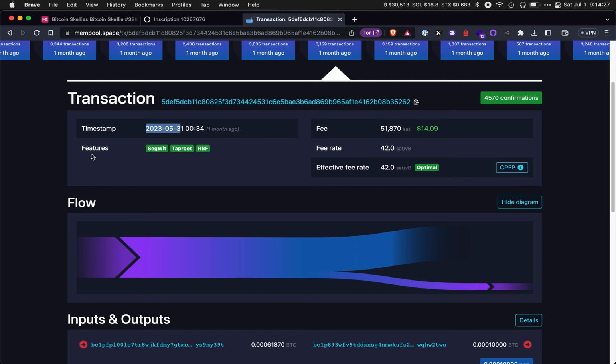You got the time, features of the transaction. It was a SegWit transaction. Use taproot, which is the thing basically. We're inscribing using a witness data loophole, I guess, that taproot has that allows you to inscribe more data than usual. You have replace by fee. It could cost them $14 to inscribe this thing. Well, really, $14 worth of Bitcoin, which was in reality 51,000 sats per,